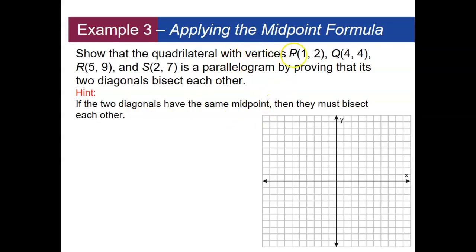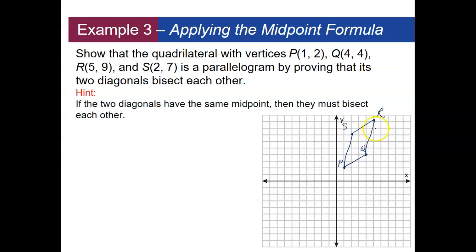So the first thing I would suggest doing is plotting these points. So if we have the point 1, 2, it's going to go here. So this is P. And then we're going to have the point 4, 4. So this is Q. And then we're going to have the point 5, 9. So this is R. And then the point 2, 7 is going to be here, and that's going to be S. So if we connect those with as straight lines as possible,